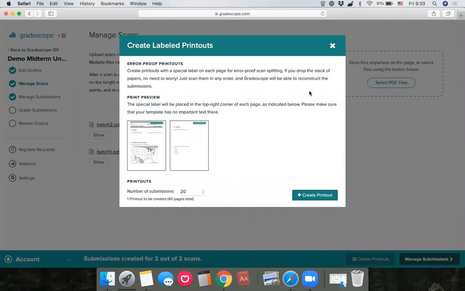Labeled printouts on Gradescope allow instructors to upload their own exam that was created offline to the Gradescope site, and then print out as many copies of that exam as they have students from Gradescope. Each page of that exam will have a unique label in the upper right corner, and that way, when the